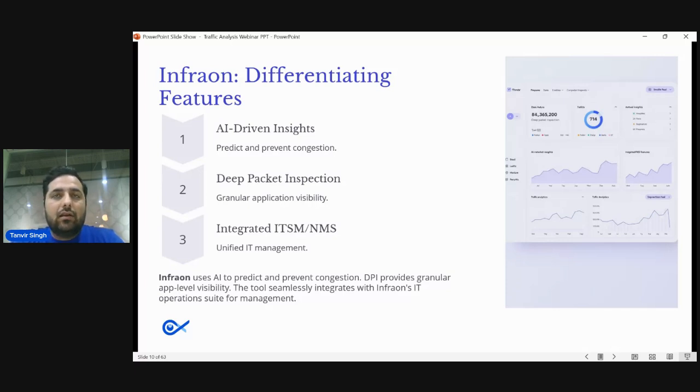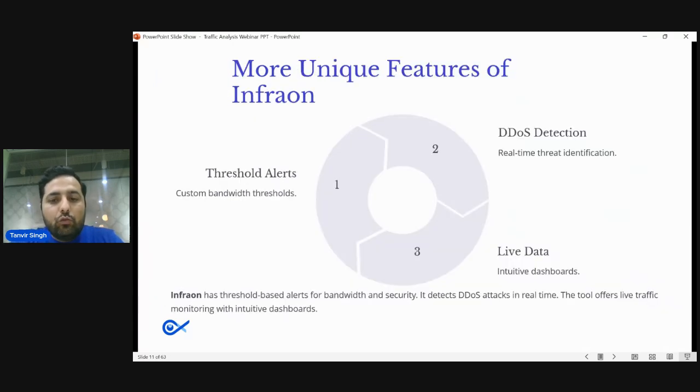So infra traffic analysis is one of the modules of it. Some few more unique features that we have is threshold based alerting. So in a proactive approach, threshold based alerts help a lot. So how do threshold based alerts help? So for example, in an ideal